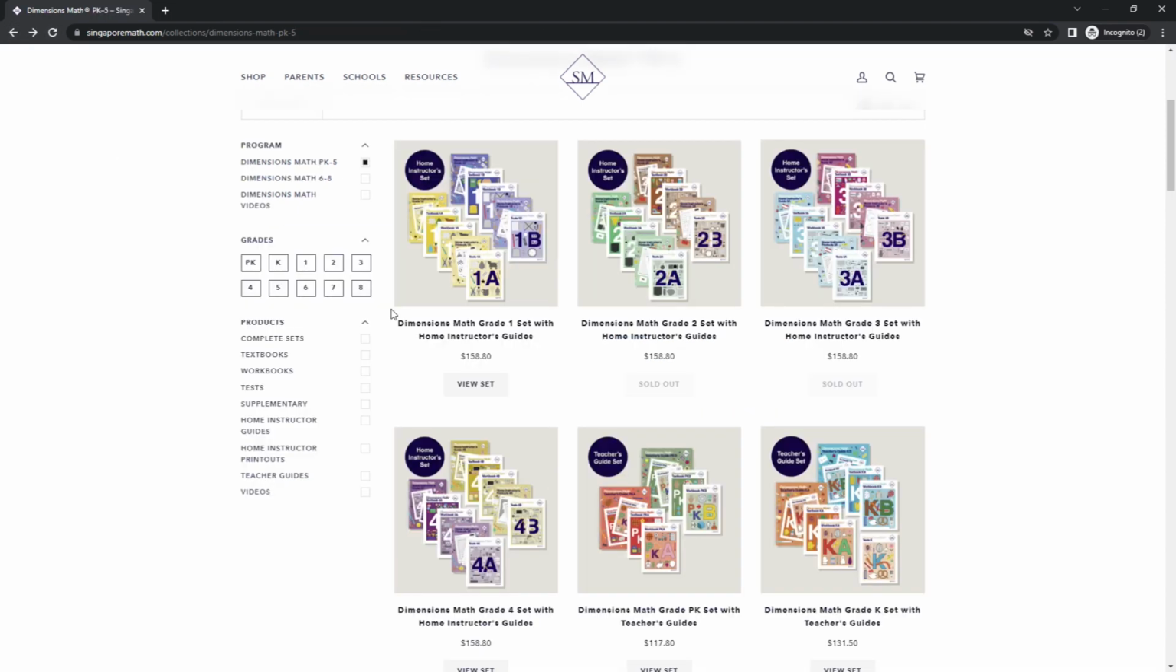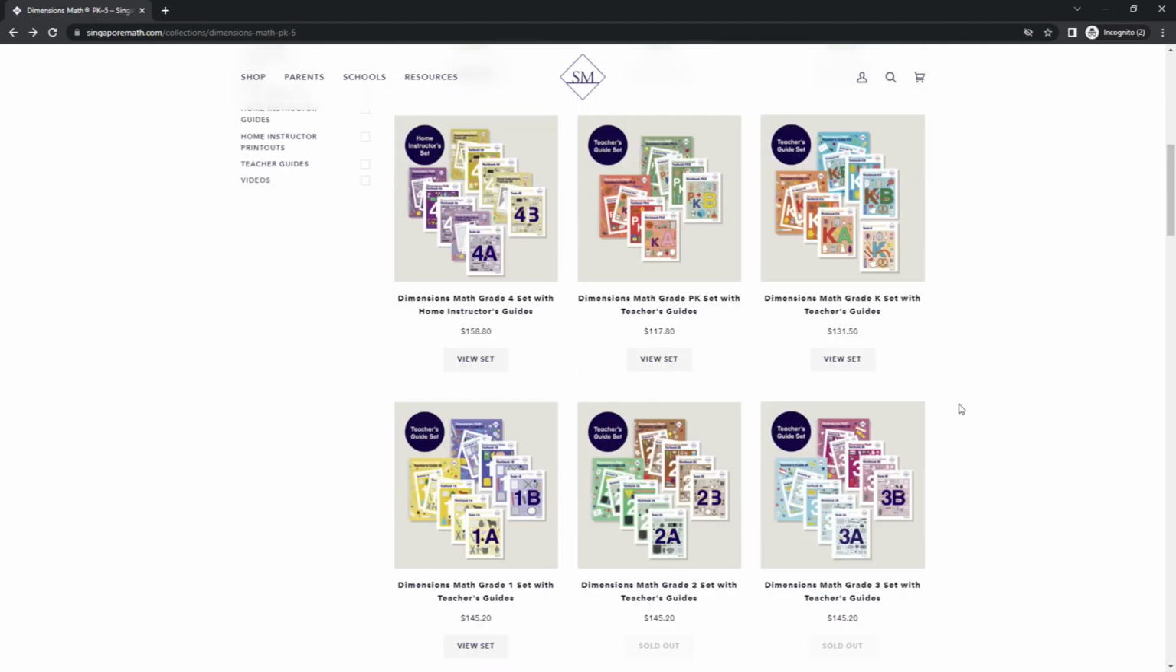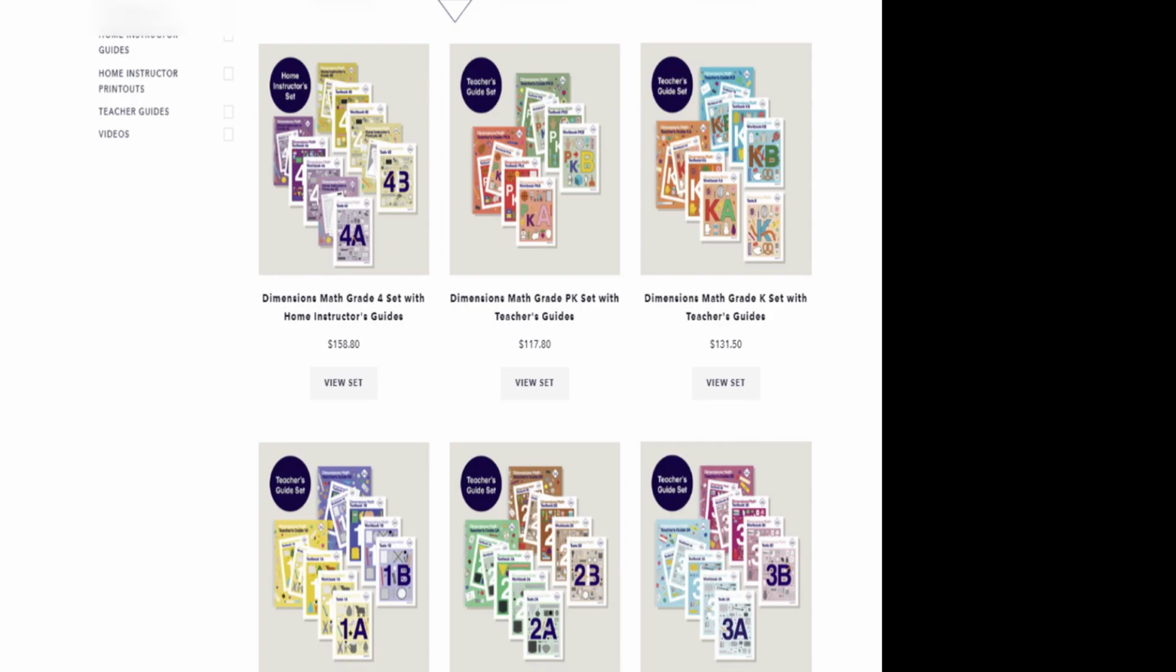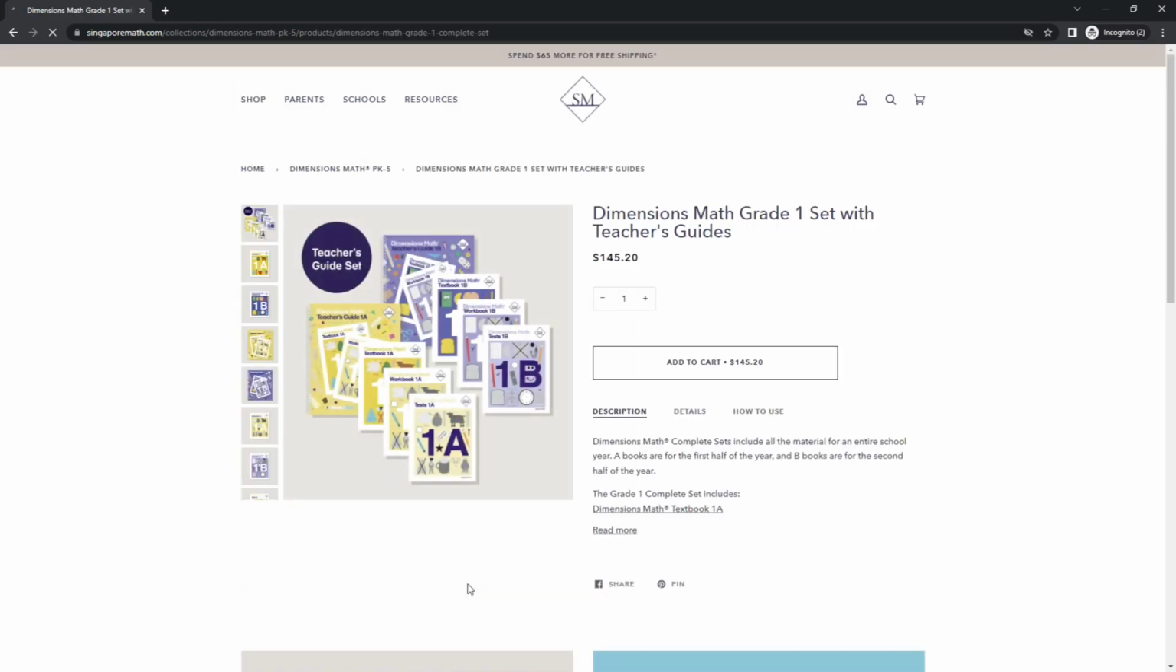Now let's go back. Let's say you want the teacher's guide set. So here's kindergarten. Let's go back to first grade because you can see there's a little bit of a difference between first grade and on versus pre-K and K. A little bit cheaper there, not needing as much stuff. But let's look at first grade for if you want the teacher's guide. And I'm going to show you the teacher's guide in a little bit to show you why you might want the teacher's guide. So with this program, you're looking at